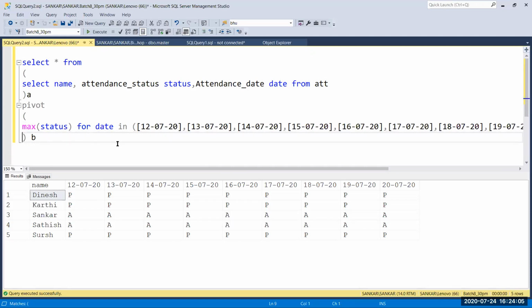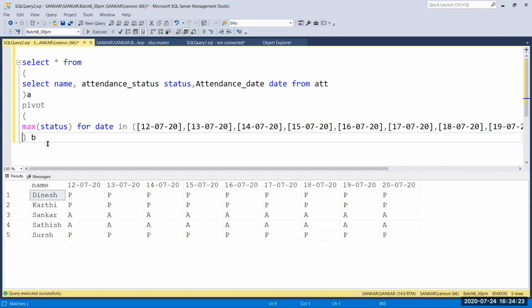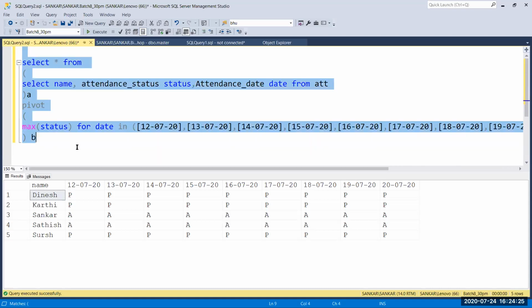Because if you're taking employee attendance management or student attendance management, the days keep increasing, right? So we would need to give the dates for each day. This is a static query, so the values are constant.